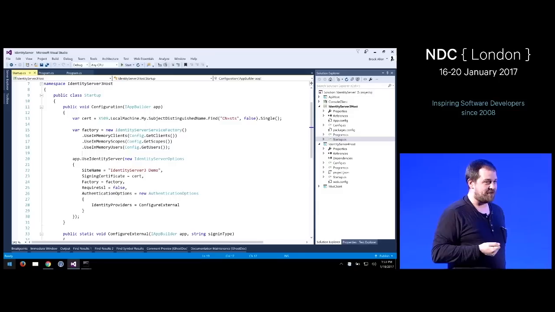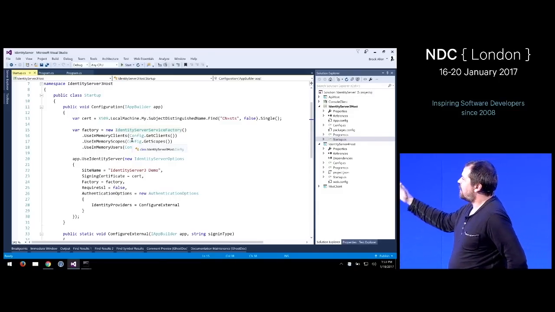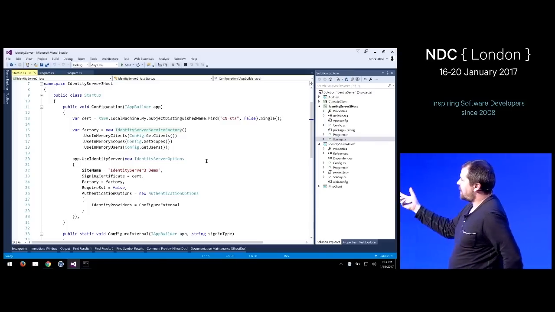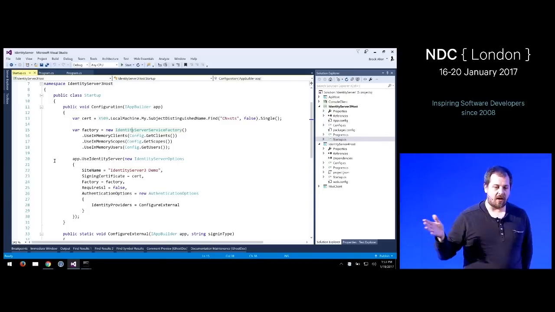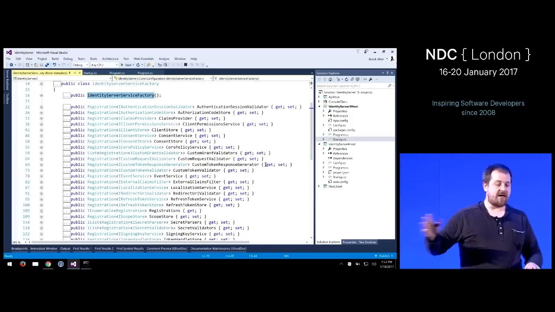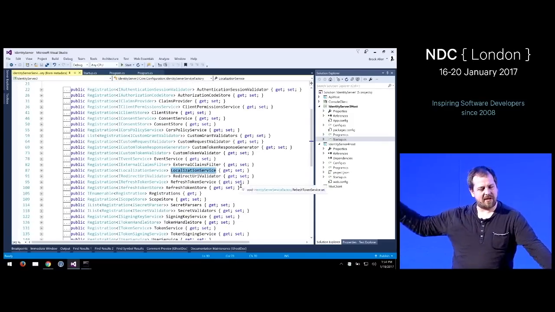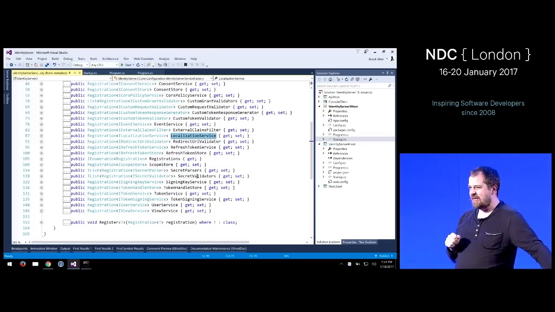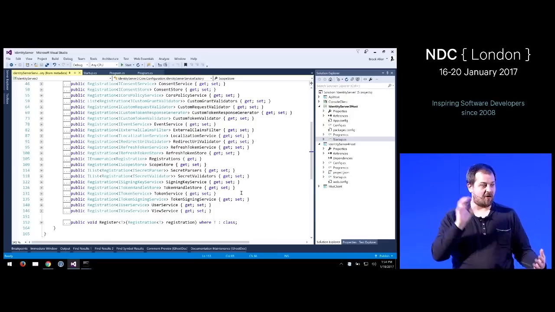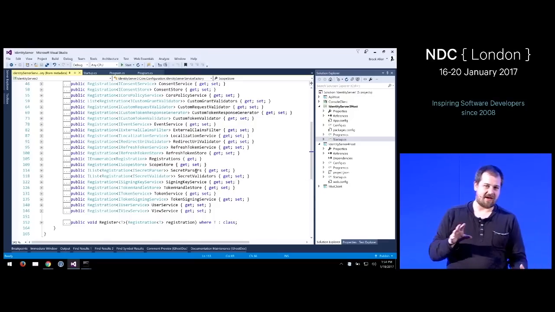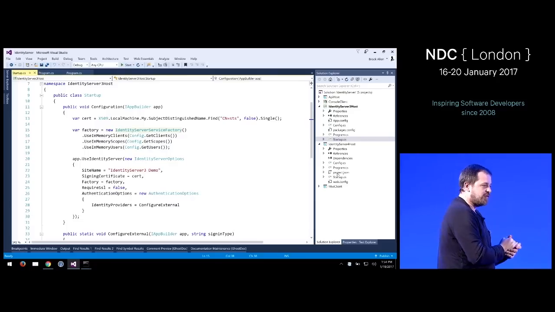So basically, on the factory, you had extension methods, and you said, okay, register something that gives us clients, and register something that gives us scopes and users, and there are many, many more extension methods. You can see there are all kinds of things. But basically, all the extensibility points could be plugged into this factory class. And again, under the covers, this is nothing else than assembling an Autofac container at startup time. Okay, so let's have a look at how that changed in version 4.